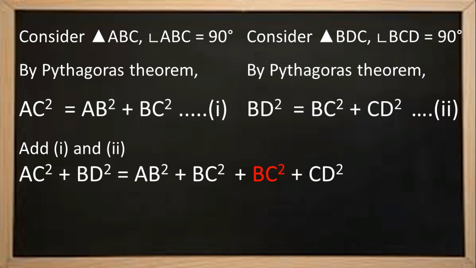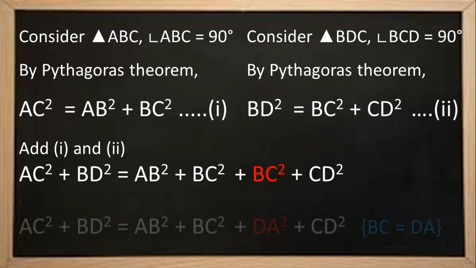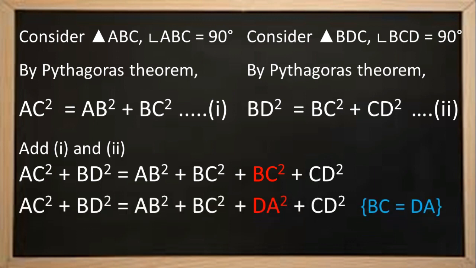So now I need to rethink whether I can express BC and CD in terms of... again CD square is already over there. Okay, the fourth term is CD square here. Here the third term is CD square. Only one element is extra, that is BC square. Instead of that I need DA square. Is there any way to substitute BC square in terms of DA square? Just think and observe the diagram. Definitely it is yes. Why? Because BC is equal to DA.